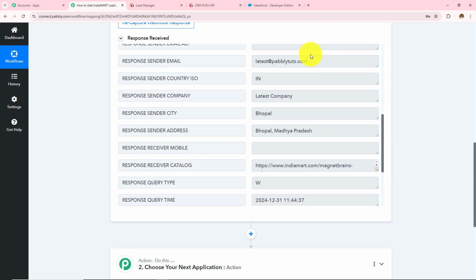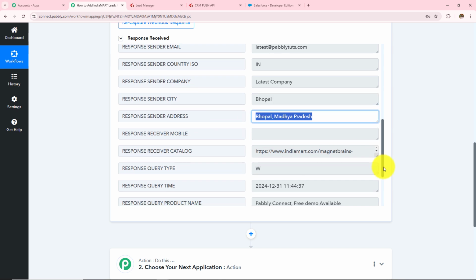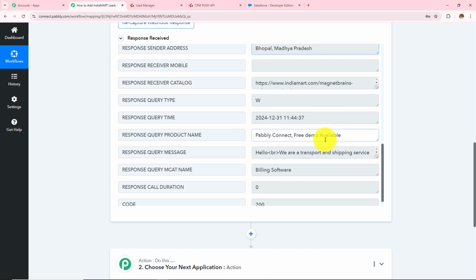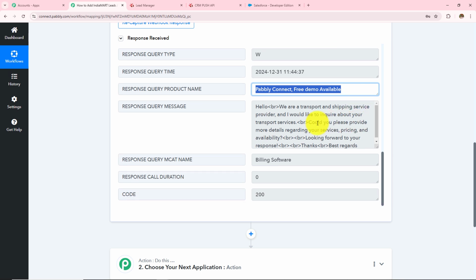I have received the mobile number and the email address as latest@pabblytudes.com. The company name was Latest Company. City was Bhopal. Address was Bhopal, Madhya Pradesh. Then I have received the product name as Pabbly Connect free demo available, and then I have received the query message. So hello, we are a transport and shipping service provider, and this is the exact same query that we have just added and sent to my business from my profile, and we have received that query here in this